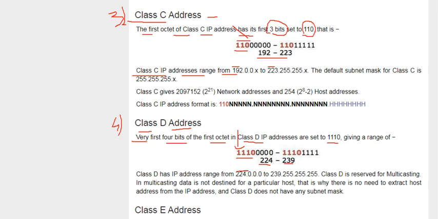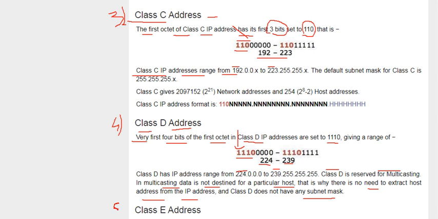So the class D IP address has a range of 224 to 239. So the class D is reserved for multicasting. तो ये जो class D एड्रेस है वो मल्टीकास्टिंग के लिए रिजर्व किया गया है. So in multicasting the data is not destined for a particular host. That's why there is no need to extract the host address from the IP address, and this class D doesn't have any subnet mask. ठीक है, तो ये जो क्लास डी एड्रेस है IPv4 का मल्टीकास्टिंग के लिए उसको रिजर्व